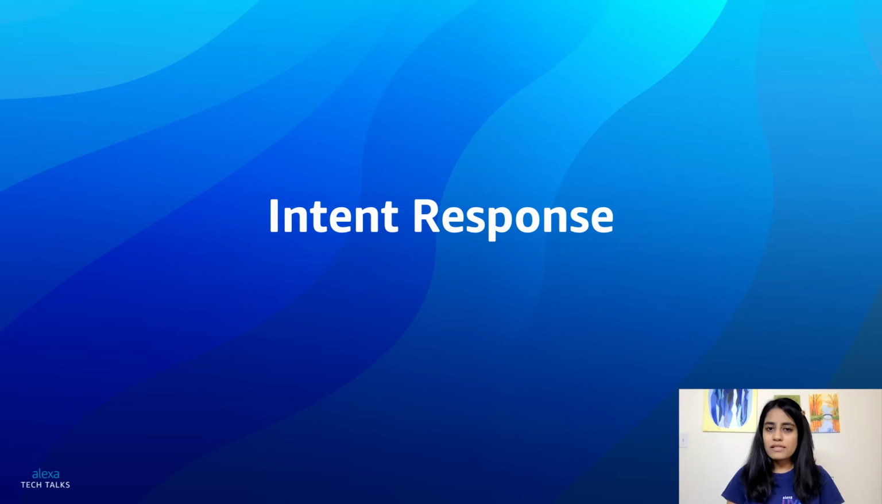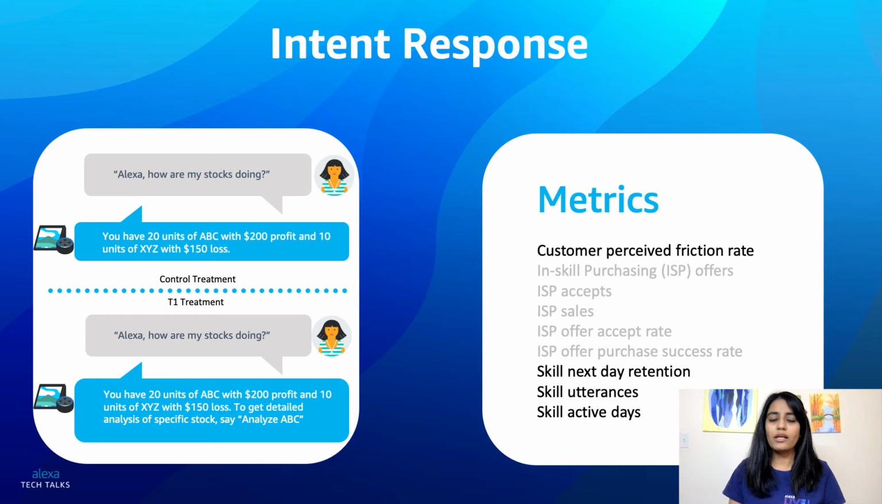The third use case is intent response. Intent response is basically a response written by a skill endpoint to the customer. Now, let's take a look at an example. The use case is to experiment with two versions of intent response. You can change the skill flow as well by changing the intent response to direct customers to use a different intent than the current experience. Like in this example,